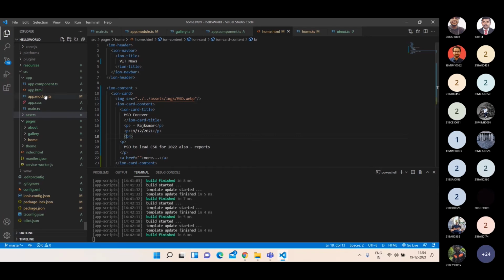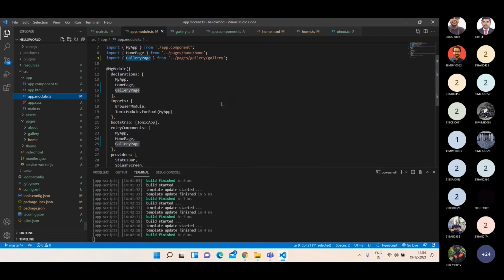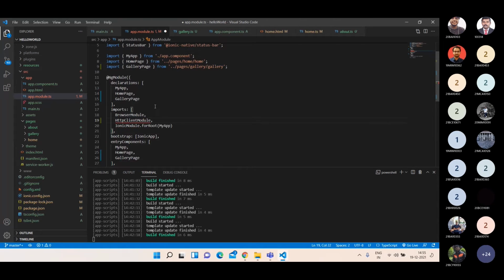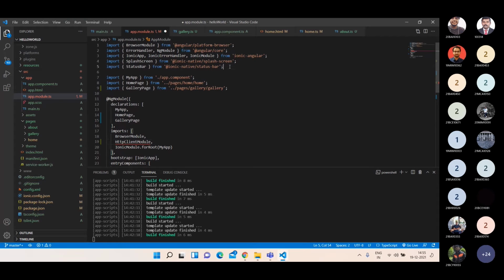For that, actually, we need something called as HTTP client module. OK, so have you heard about HTTP? Yes, sir. What do you mean by HTTP? It's a protocol. Hypertext transfer protocol we have. So why we use HTTP is for interacting with the server. So as we are in the client side, we should use the HTTP client module. Okay. So where can you find this HTTP client module is?